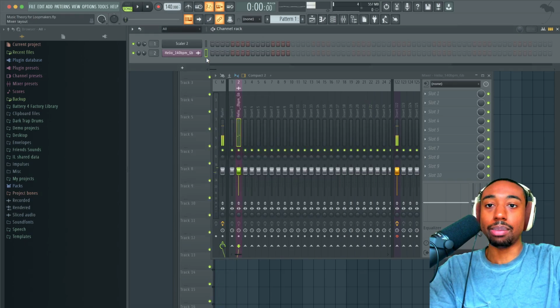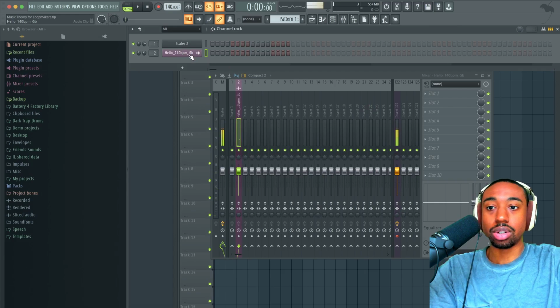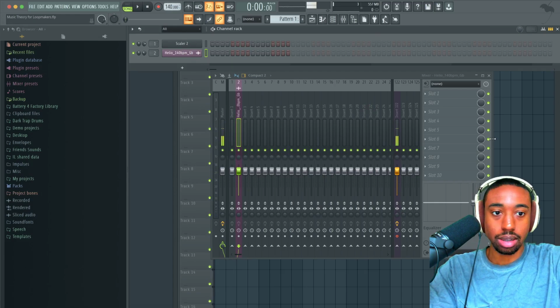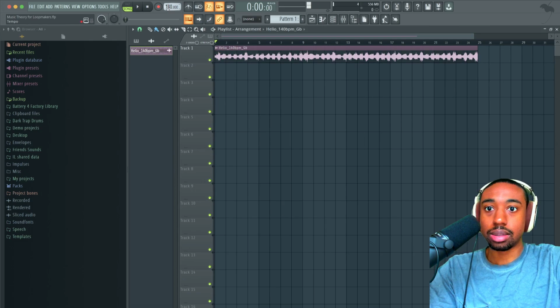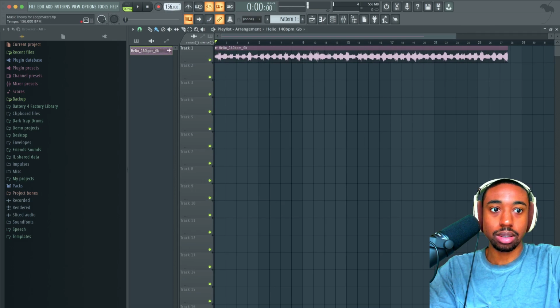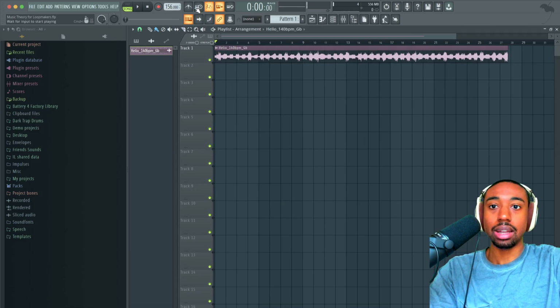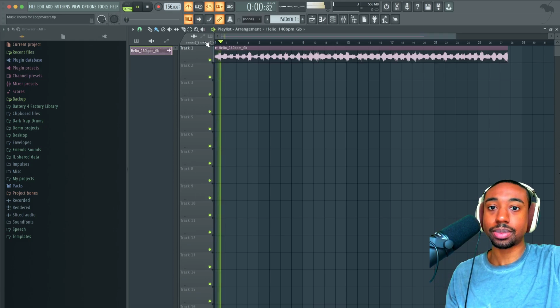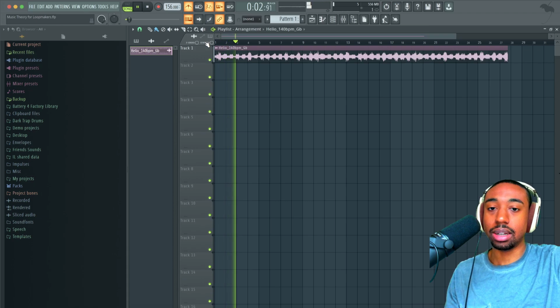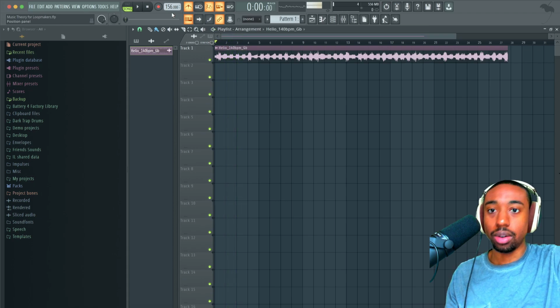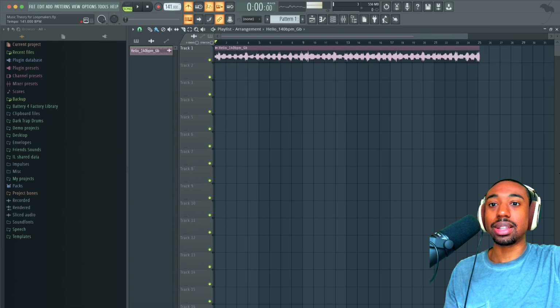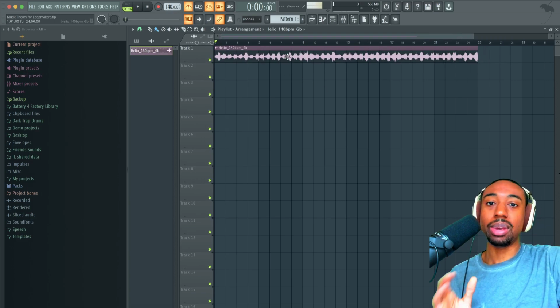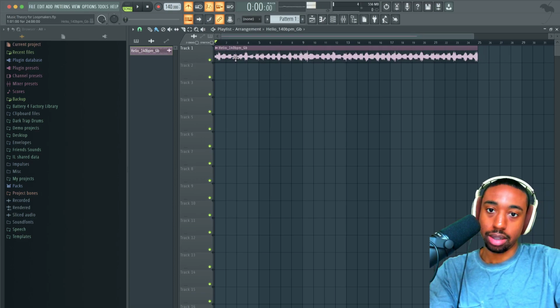Also, you want to label it with the BPM. This is extremely key, because if I switch this up to, let's do it like this, 156, now when people drop it into your DAW and they hit the metronome, it's going to be off beat, and they're like, what is going on? So one thing you want to do is label the loop so that they can change the BPM of the project before they drop it into the project.